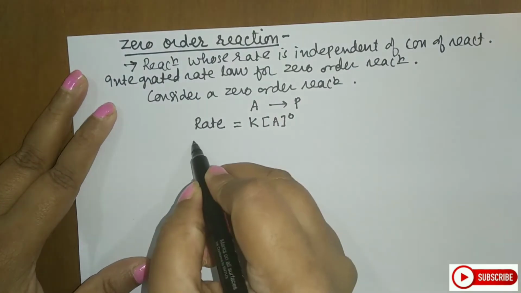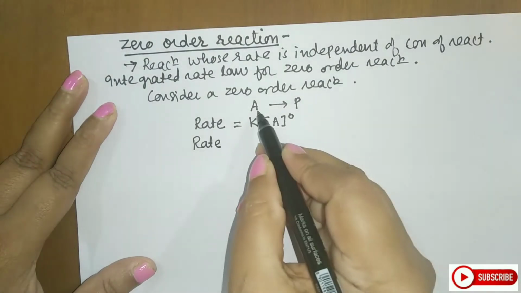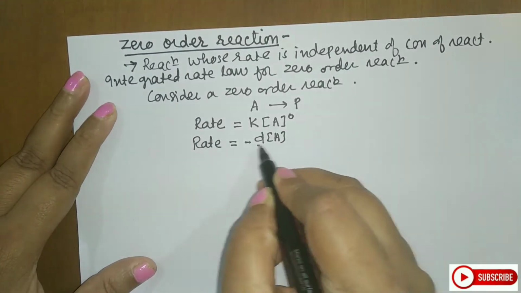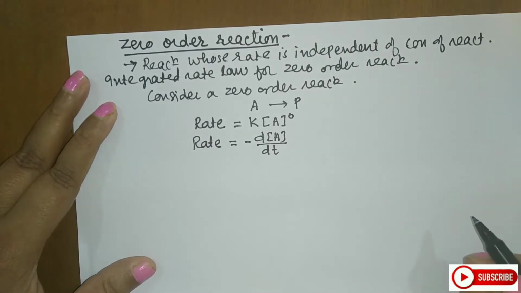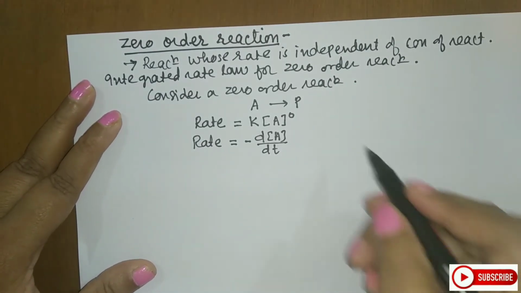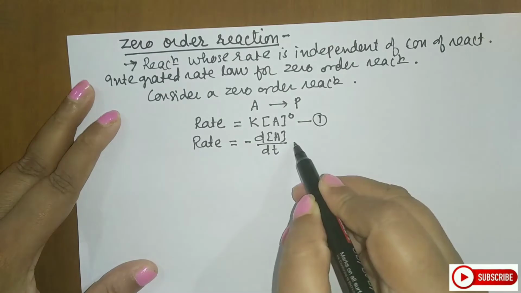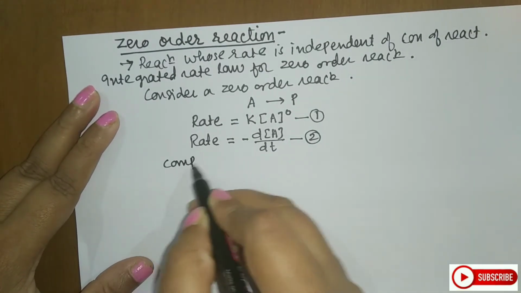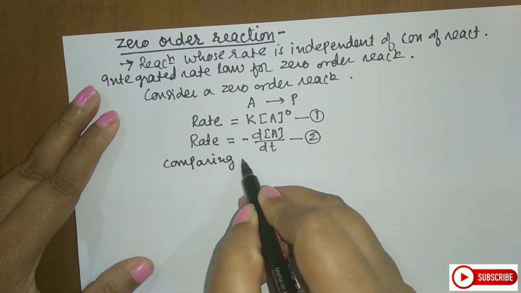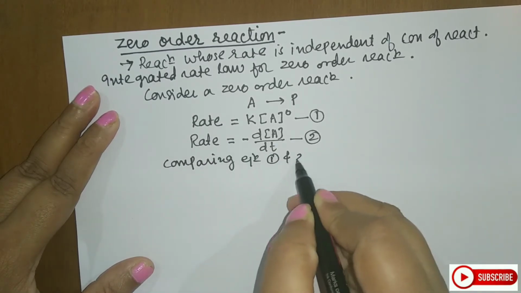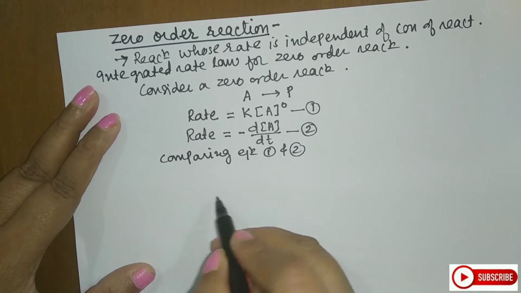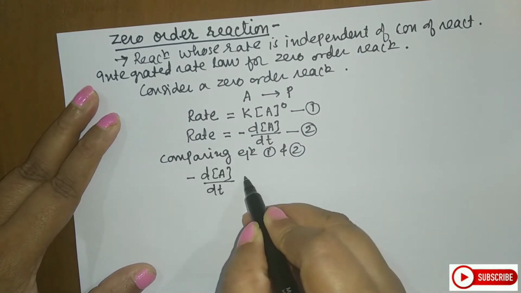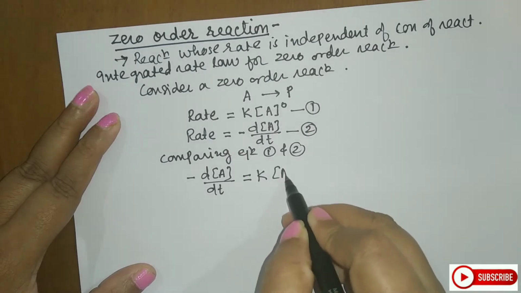But we know that rate with respect to the reactant is minus dA by dt. It is the decrease in the concentration of the reactant with respect to time. Let us mark this equation as 1 and this equation as 2. Now comparing equations 1 and 2, what we will get is minus dA by dt is equal to K active mass of A